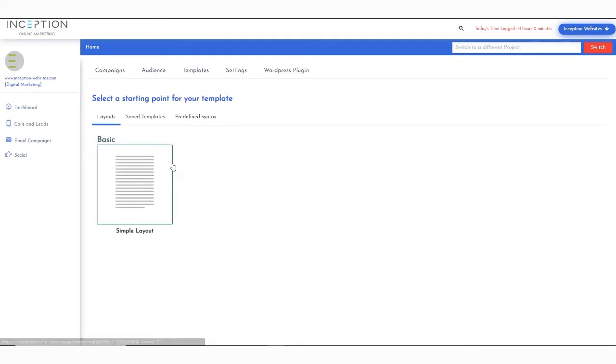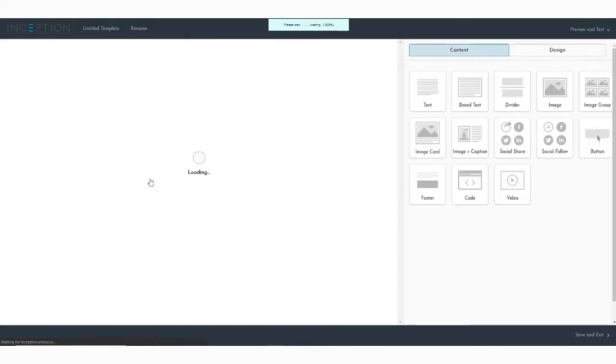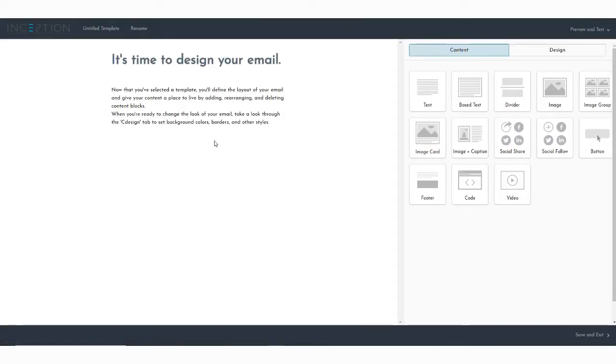So I'm going to just give you a quick overview of how to create an email template. This is where you're going to start. So every time you open one up, we're going to have some filled out stuff here. What I would do is initially rename your email. It starts out as untitled. So click on rename